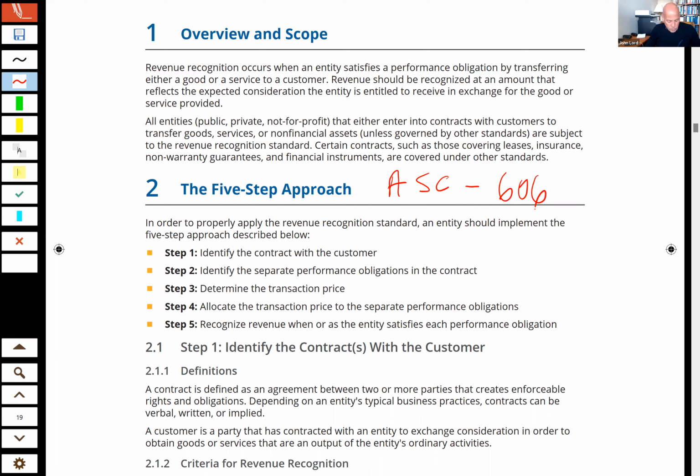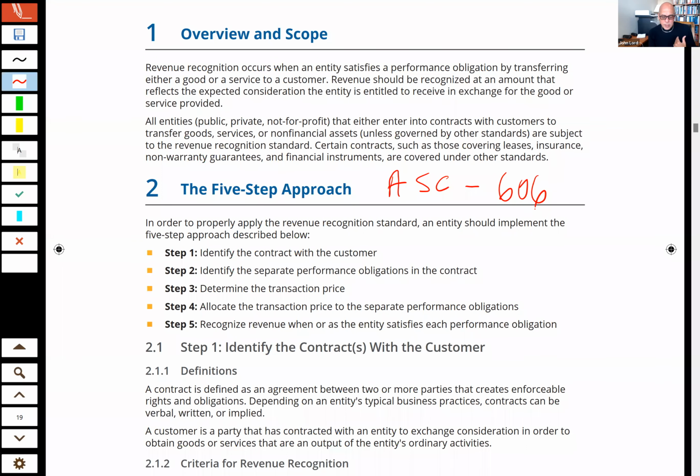Let me ask you a couple questions here at the very beginning. If I receive cash in advance of providing a service, can I recognize that revenue? Not normally. No. I can't think of any situation where you can recognize revenue if you haven't provided the service. What will happen is I'll either provide that service at a single point in time, which will allow me to recognize the revenue, or I will have to recognize that revenue over time as I provide that service, right? So we've known that for a long, long time.